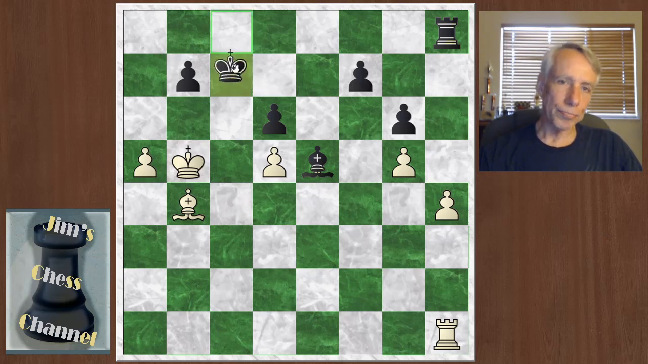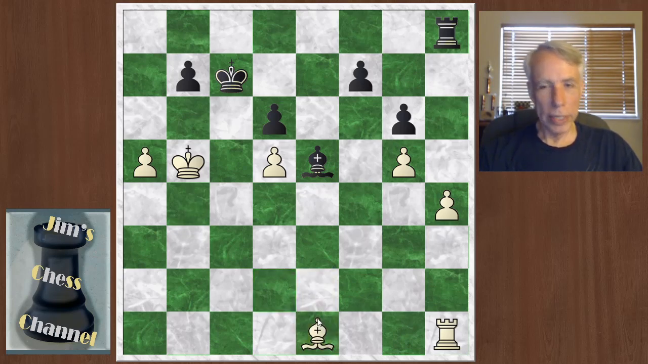King c7. Defending with the king. That also seems to hold. And let's see, it gives bishop e1 as the next move. But,